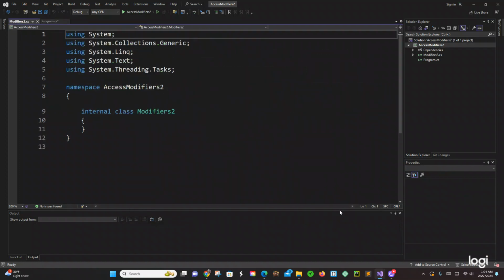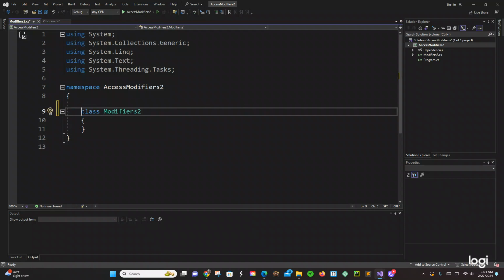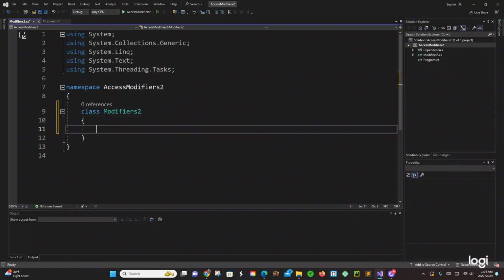Now, see this internal right here? That's what we're talking about. So let's just get rid of that. And then we have just a class modifiers. Now, inside this class, if we create a variable,